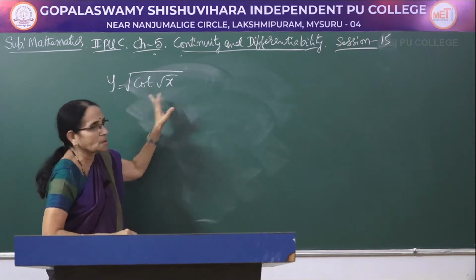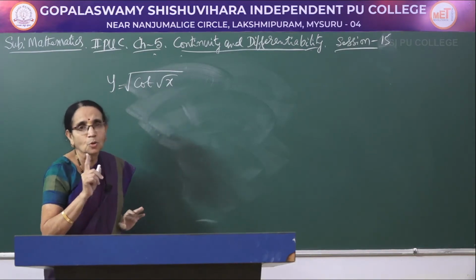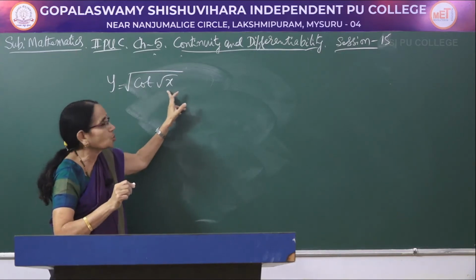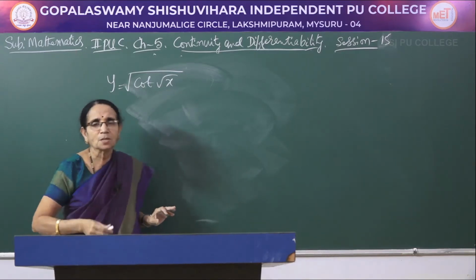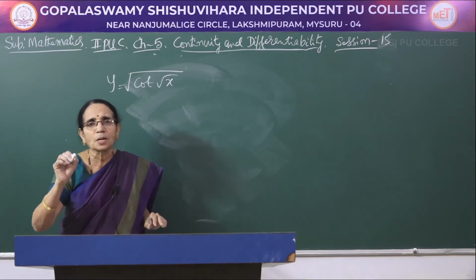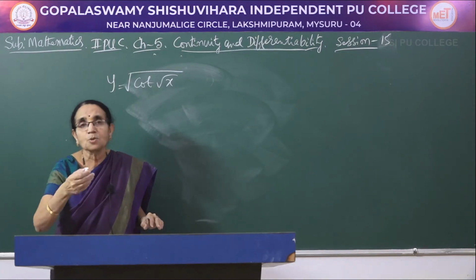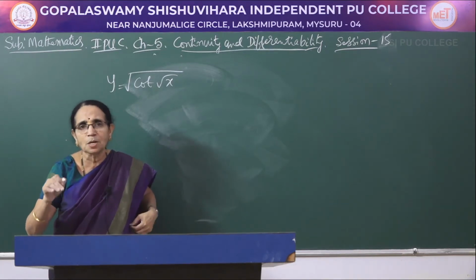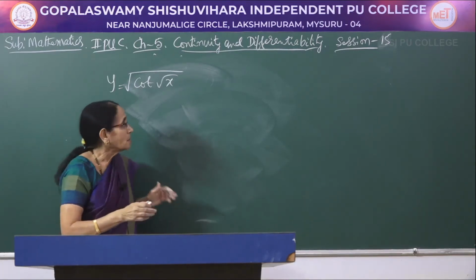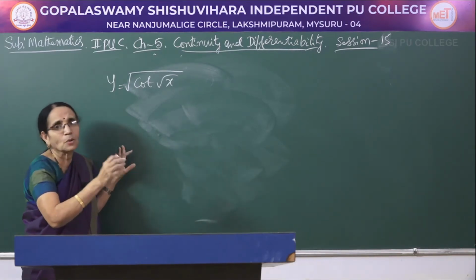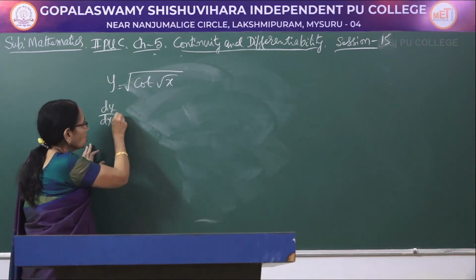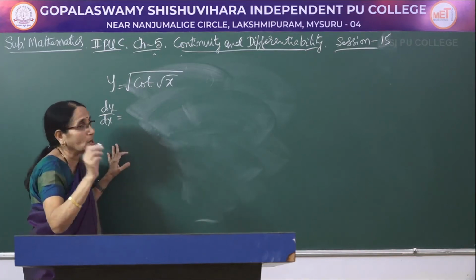1, 2 and 3. So one by one, otherwise if you show the substitution, for root x you have to take it as say u. Cot of u should be taken as v. So when you apply the chain rule, dy by dx would be dy by du into du by dv into dv by dx, or it is dy by dv into dv by du into du by dx. So that would be like the chain rule. Here that is not necessary, again it is a 1 mark question. But carefully we apply the rule one by one.